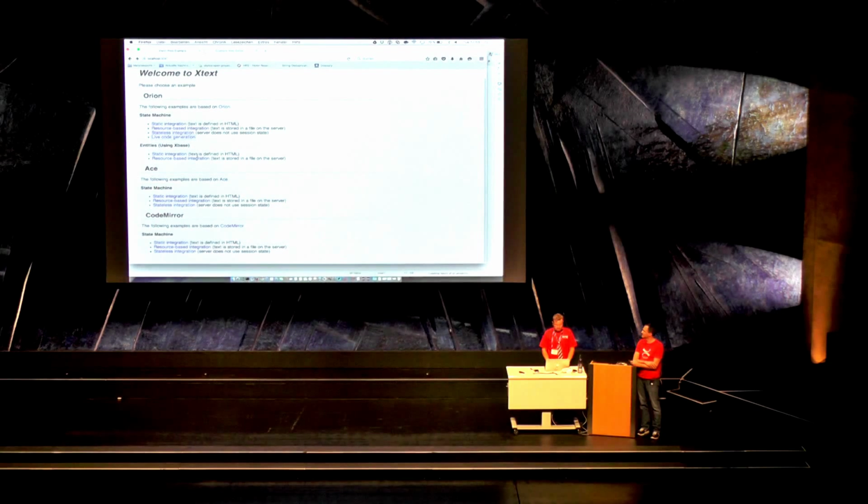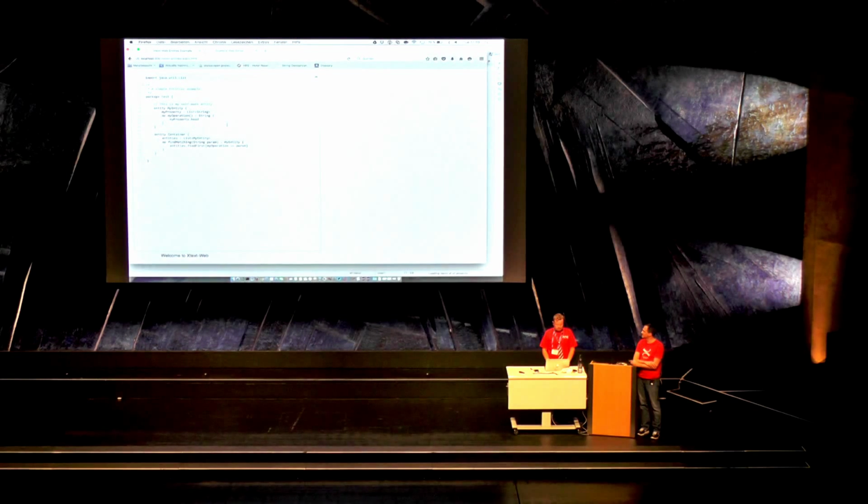So we have spoken about different platforms, and one last thing that I want to show is, maybe you know Xbase already, and it was not that easy to bring that to the web. So what that means is Xbase is a library expression language that is shipped with XText, and you can reuse that to formulate expressions in a real easy way. You can customize that, and we had a tutorial this morning about it. Beside that, you can have references to Java, and I would like to show you that the content assist in this case,